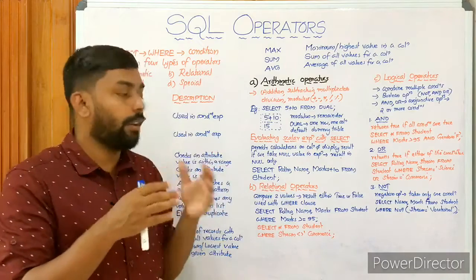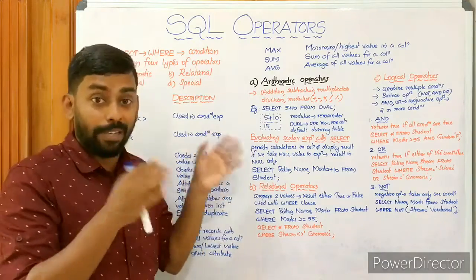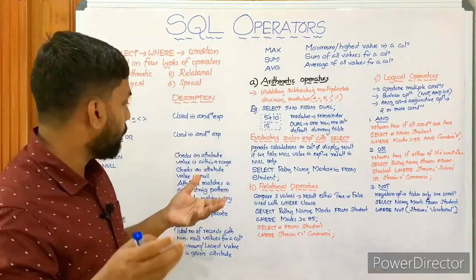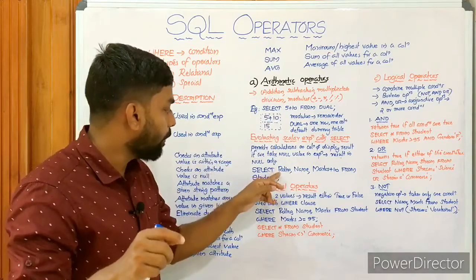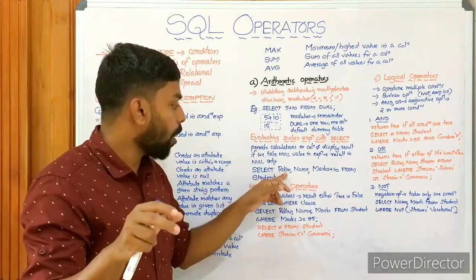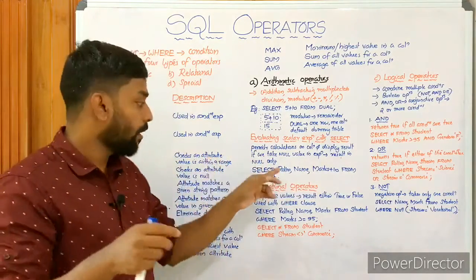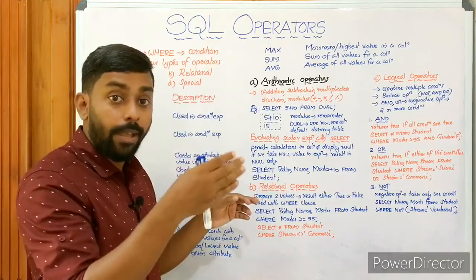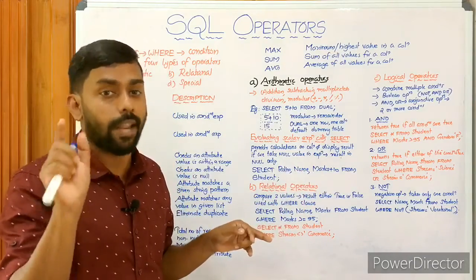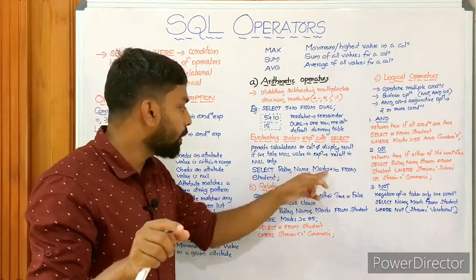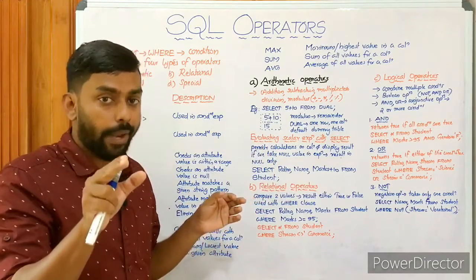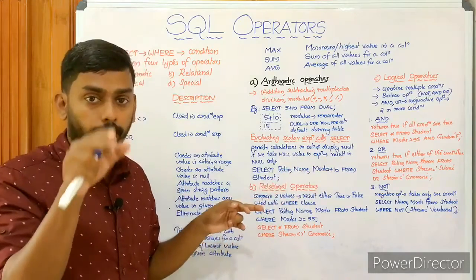Actually, I haven't shown all the columns here because of limited space on this board, but you know exactly how it appears. The resultant table will have roll number, name, and marks plus 10 as column names. First column will be roll number, second column will be name, and the third column will be marks plus 10, because this is the given name after select. That is the one displayed. So marks plus 10 will be the last column, the third column.